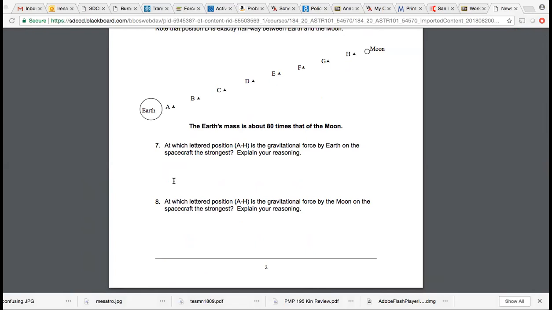Oh, number 9. Let's see. Spacecraft is halfway at point D. How does this string from direction? Net force. So if it's at point D,